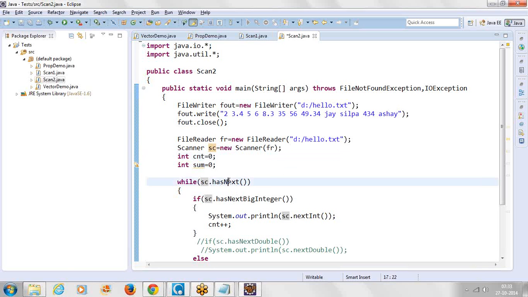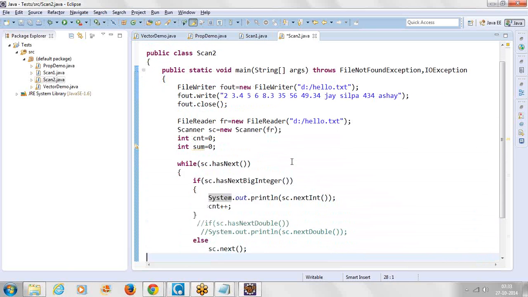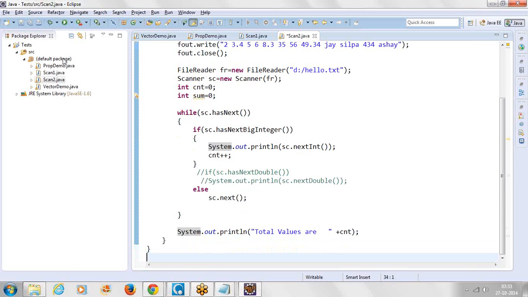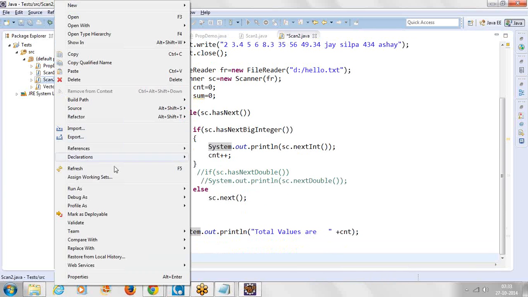Then what I want to do: while sc.hasNext, that means it's an iterator there. Then if it is an integer, I want to print it and count there. Otherwise, just go to the next element. Then I want to find out how many integers are there in this. See here I have,